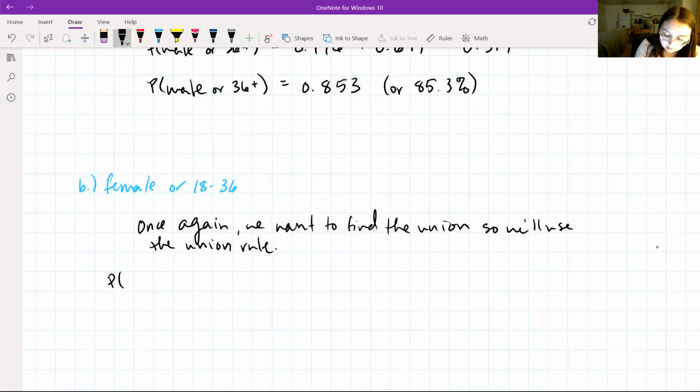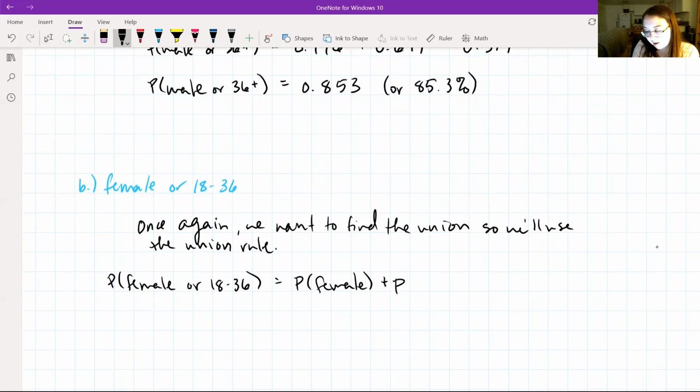So we want to find the probability that our worker is female or ages 18 to 36. So we want to find the probability that our worker is female plus the probability our worker is 18 to 36 years old, and then we want to subtract the probability that our worker is female